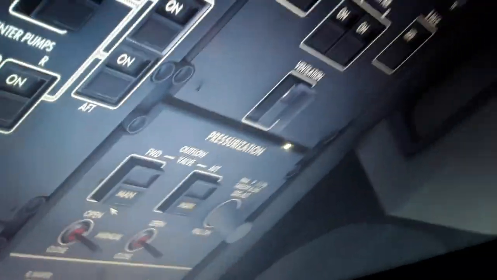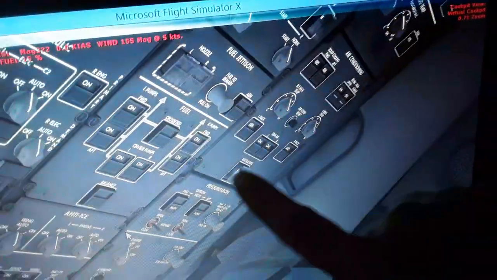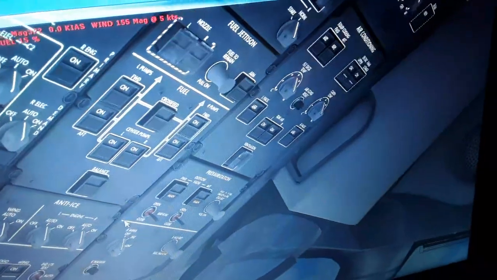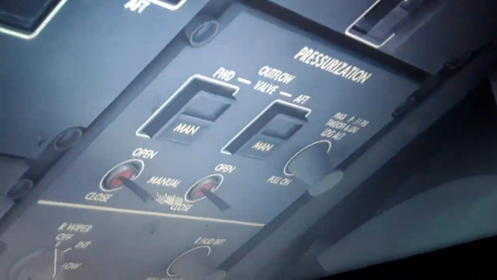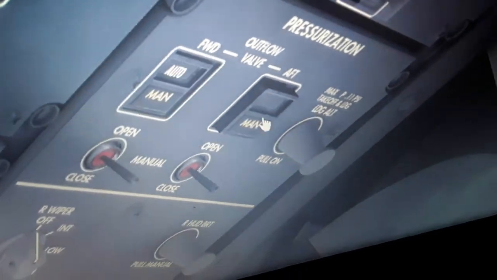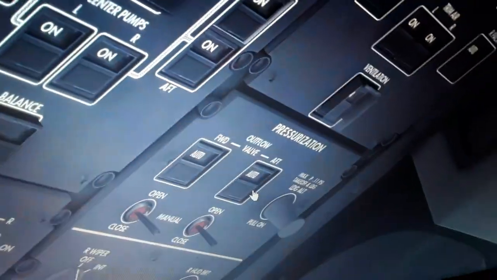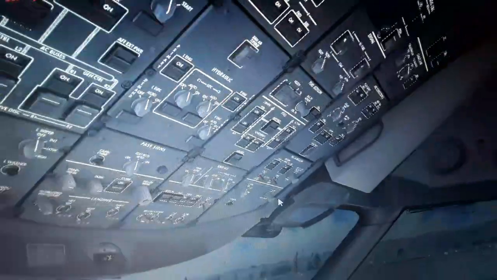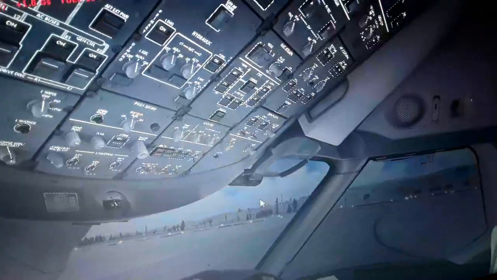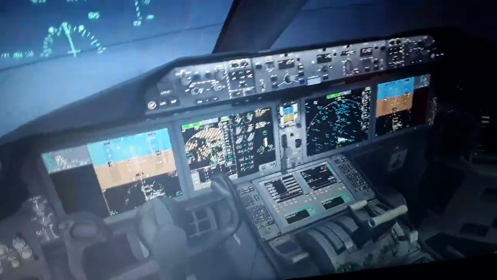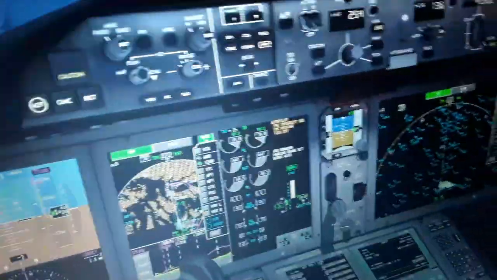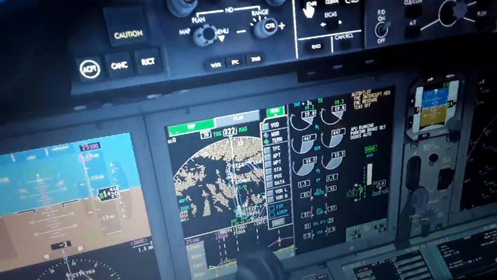cabin pressurization. So this is the pressurizer section from the left and right engine, APU, also oxygen regulation, cabin pressurization, fuel valves in the manual we use, also we can use in the auto position. We don't need to do anything in the auto position. So we have pressurizer also and electric power from the APU to start the engines. And one last thing to see before starting the engines, over here,